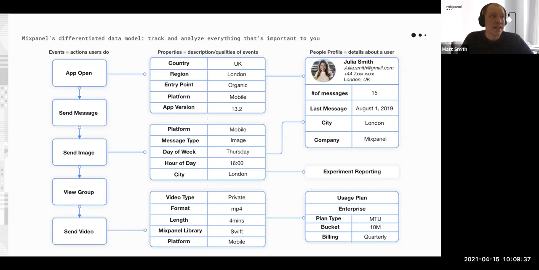I open my app again and the app would say, you are in Barcelona. But the events from the day before would still say I'm in London, because that's where I was before. So my profile would be updated, the most up-to-date information, but the previous events would still be there. And that's really valuable, because it means that you're going to be able to do things like, how are people